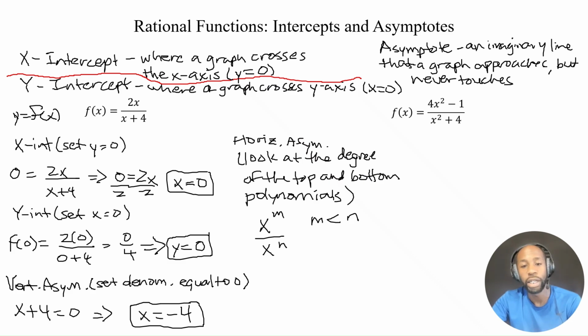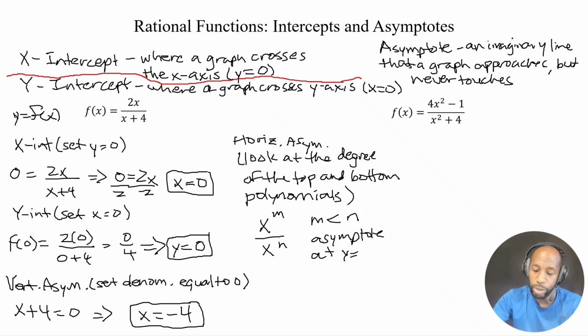then that means there is a horizontal asymptote at y equals 0, or in other words, at the x-axis. Okay? If, and let me underline that so it's more easily seen,